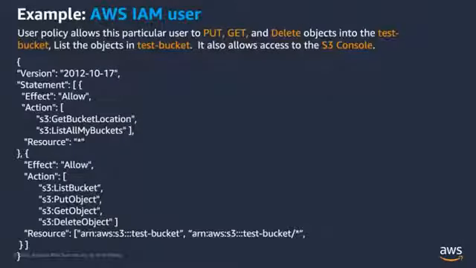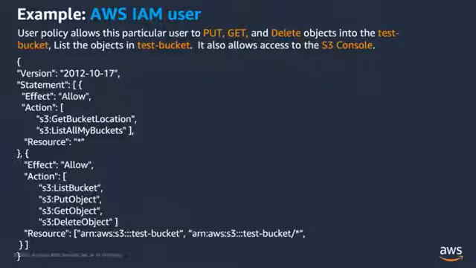Now we're going to look at a couple more IAM user examples, just to get you familiar with how this works. Here's a user policy that allows this particular user to put, get, and delete objects in the test-bucket, list objects in the test-bucket, and also allows access to the S3 console. Again we have our version, and then we have statements. But this time we have two statements, and that's how you would do multiple statements within the same policy. Our first statement is effect, allow, action, S3 GetBucketLocation and S3 ListAllMyBuckets,